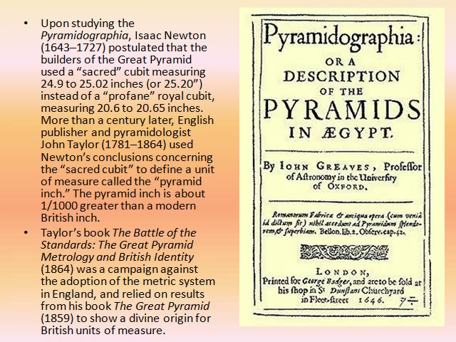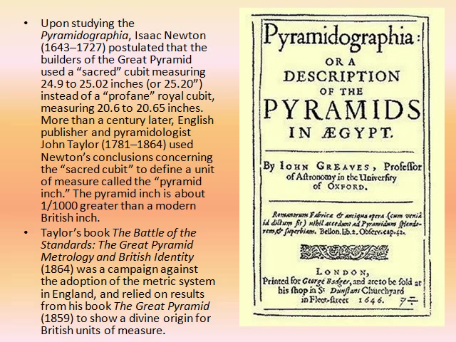Upon studying the Pyramidographia, or a description of the pyramids in Egypt, by John Greaves, who was a professor of astronomy at the University of Oxford, circa 1646, Isaac Newton himself, 1643-1727, postulated that the builders of the Great Pyramid used a sacred cubit measuring 24.9 to 25.02 inches, or 25.20 inches, instead of a profane royal cubit measuring 20.6 to